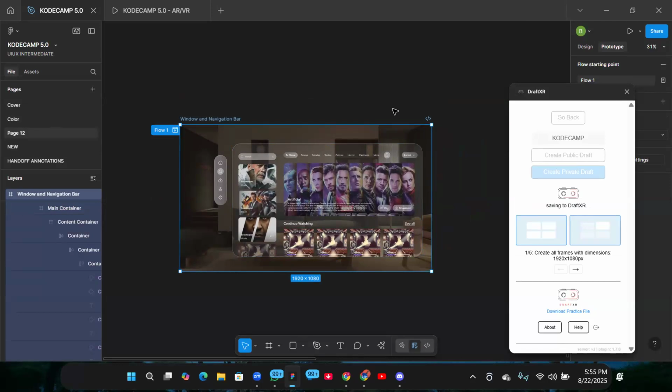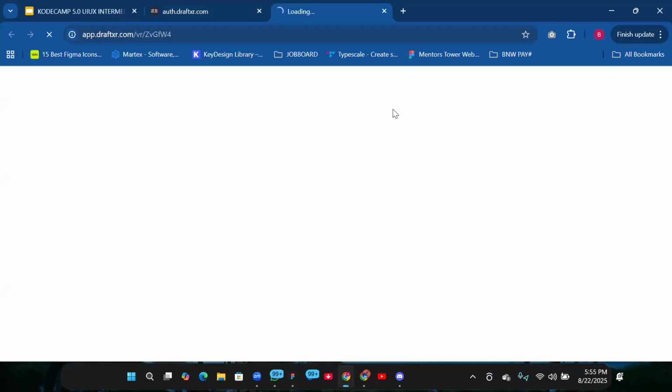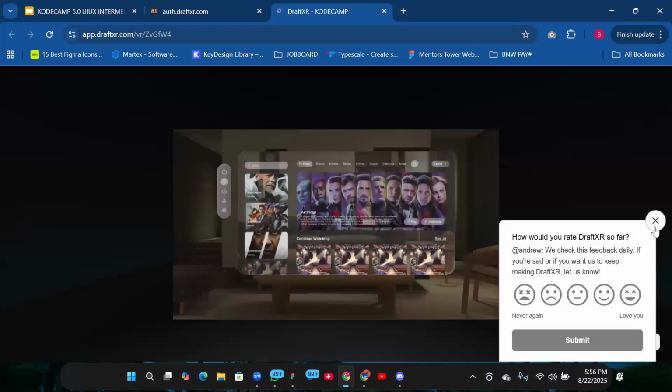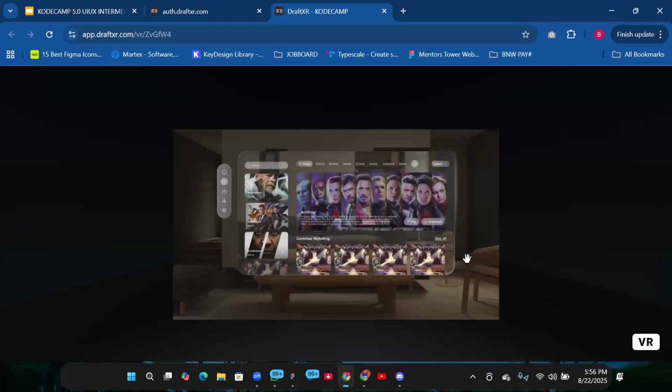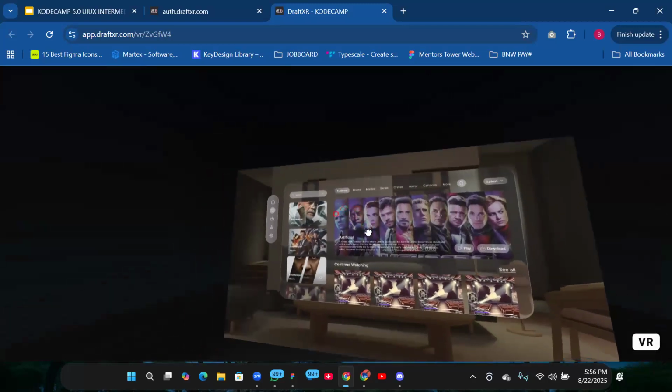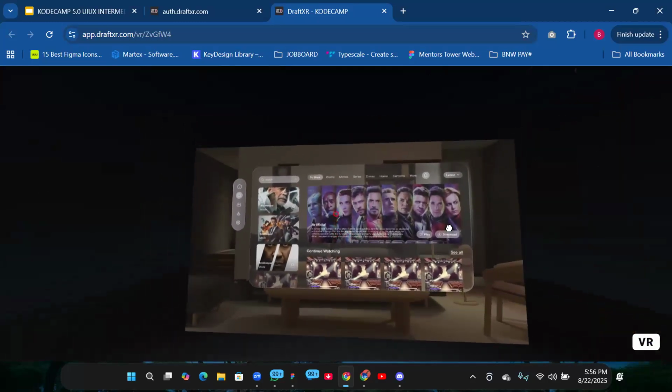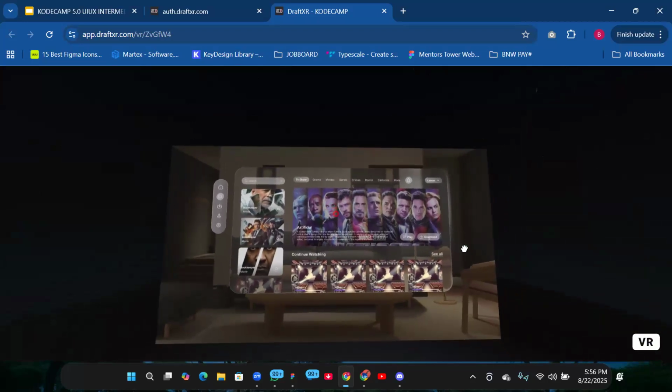This is working. So after creating a public draft, you wait for a while, it's going to create it, and then it will take you to a web page where you are going to see this. So this is loading up. So we have this to be our interface. If you can now see, it is showing how users are actually working with this. So how this works is